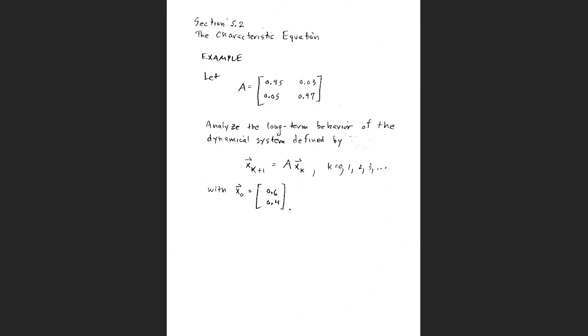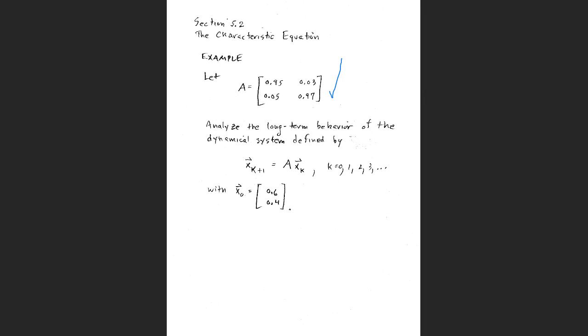Okay, so in this example, what we have here is a matrix A, some 2x2 matrix, and